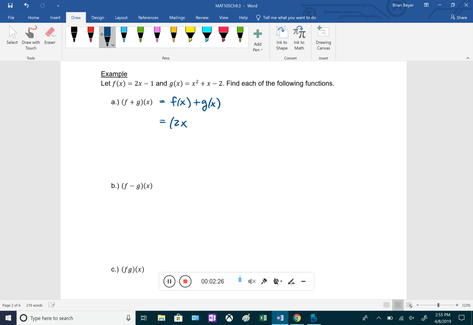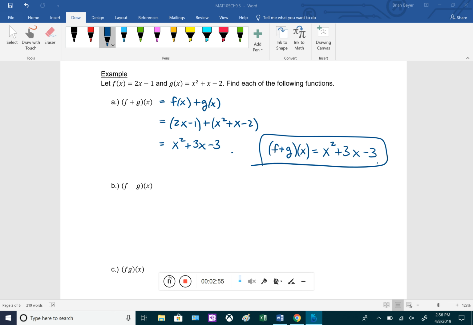It's going to be 2x minus 1 plus x squared plus x minus 2. Combining like terms here, we don't have to worry about distributing anything. We can essentially drop those parentheses. We're going to be left with x squared plus 3x minus 3. Okay, so we just got that from combining like terms. So that means f plus g of x